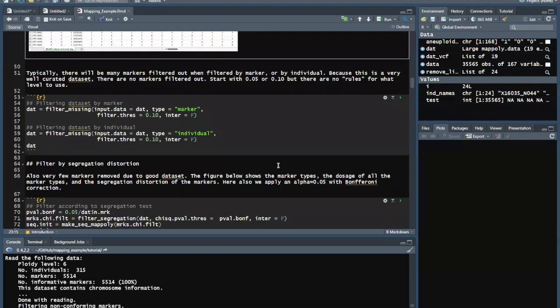Now, typically your next step would be filtering your data. Because this is such a clean data set, you're not going to really filter anything out. You can still run this line. It's not going to really do anything. Just as a guideline, the tutorials and the vignettes suggest maybe 5% or 10% just to start out, just to see what you get. And a lot of these functions have graphics that show you